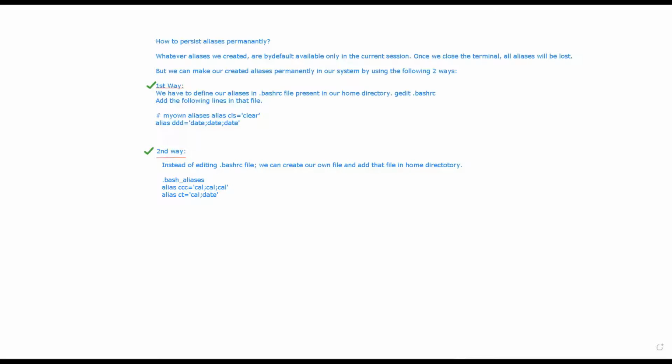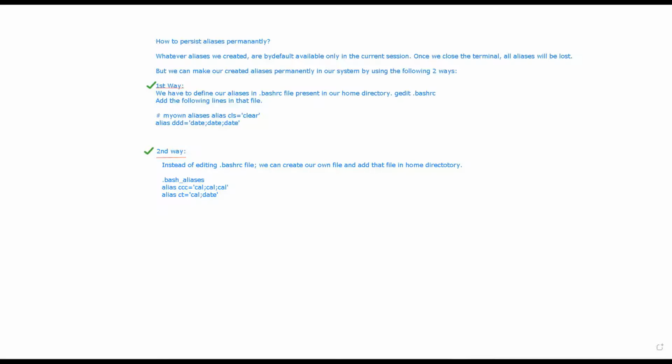The basic purpose of this second way is this: if you want to reflect the changes and use these aliases, we compulsorily have to close and open the terminal.